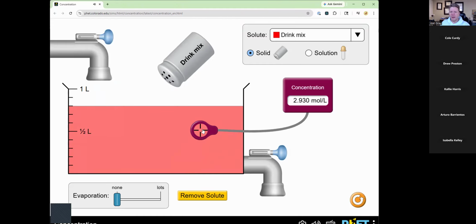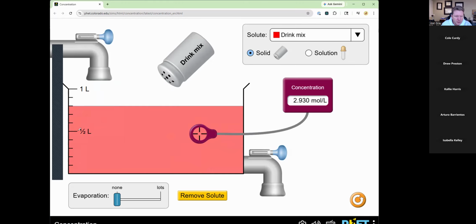Now, with that in mind, let's see, we've got approximately, this right here would be half a liter. This would be 1 liter, so 0.6, 0.7, 0.8. So we've got about 0.8 liters of this solution. That's the total volume that we've got. If we were to remove some of the solution, one thing before you think about the outcome of this, if I were to remove some of this solution,